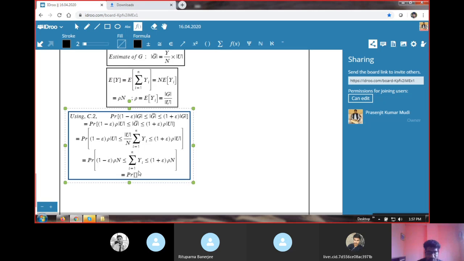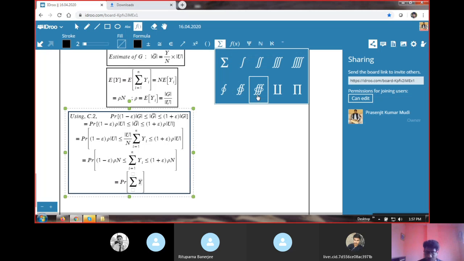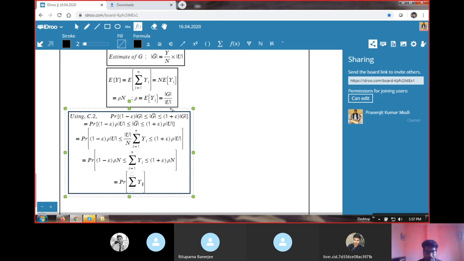Combining them, you can write the summation over yi, 1 to n, minus rho n,